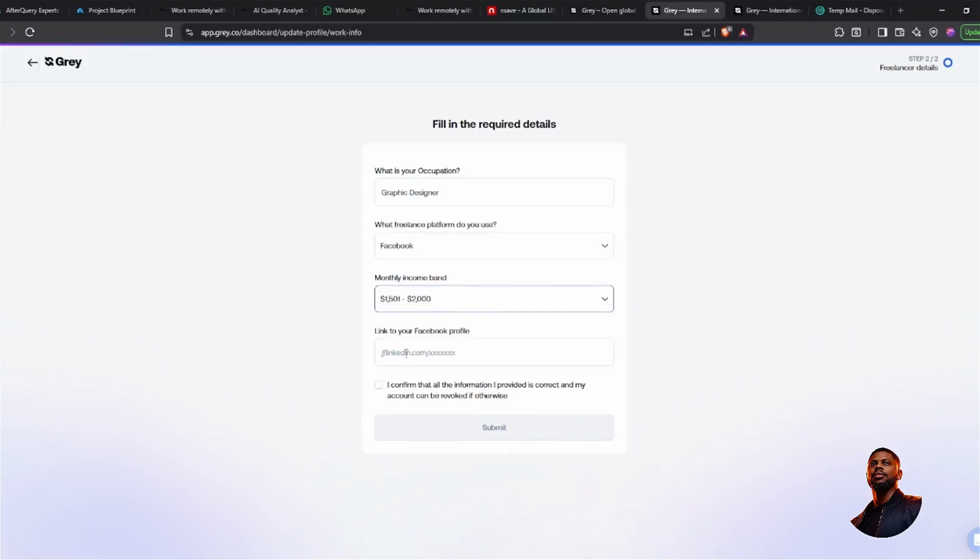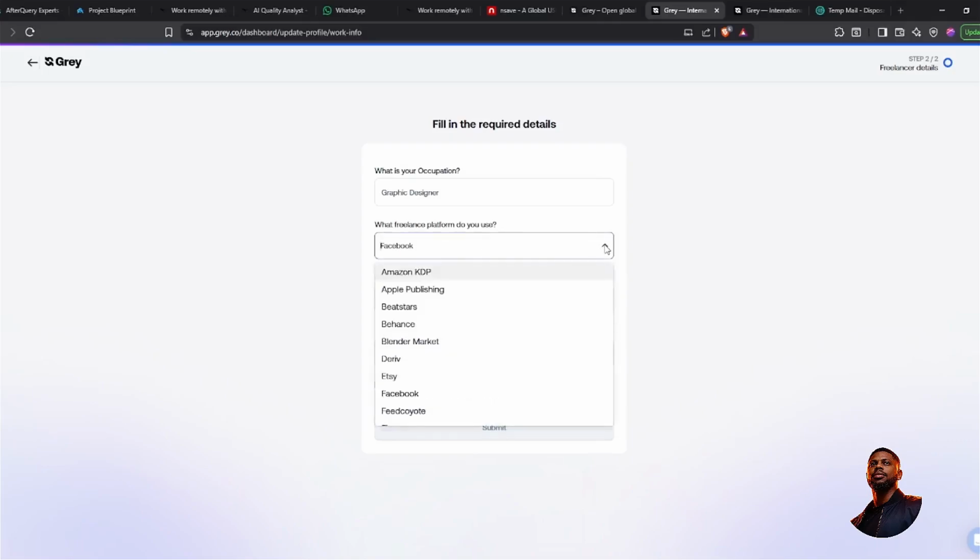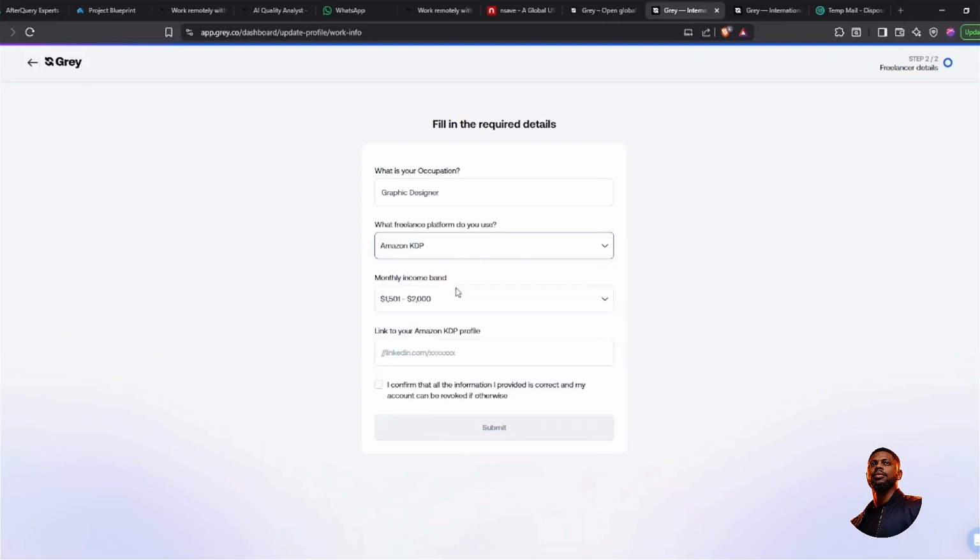They're going to ask for your Facebook profile link. Now, what you're going to do is you're going to go to your Facebook and you get your Facebook profile link. You should be able to do that. I can show you that. If you can't get your Facebook profile link, you can still come back down and change the platform. Select Amazon KDP, and they're going to ask you for your LinkedIn. So if you have a LinkedIn, you put in your LinkedIn, and let's see, I'm going to type in this